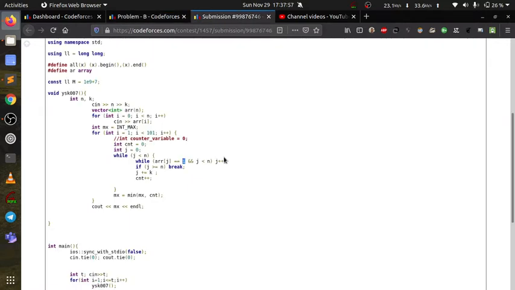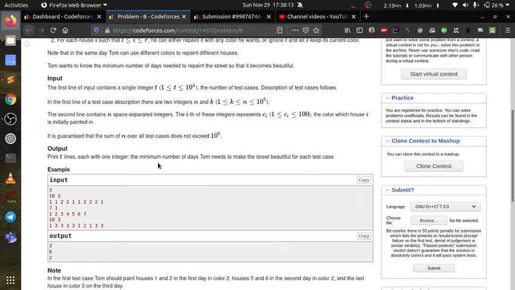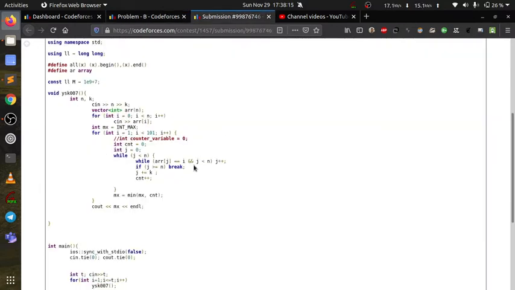So what I am doing here is j++ while the element is equal, but if all the elements are equal and j is greater than or equal to n, or I will say j equals n, then I will simply break the loop.